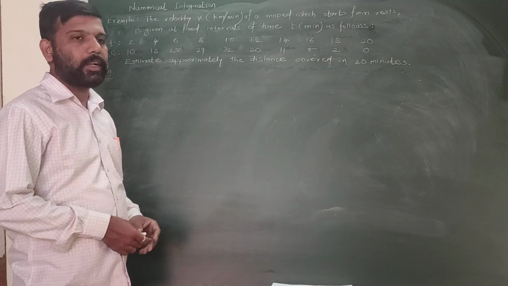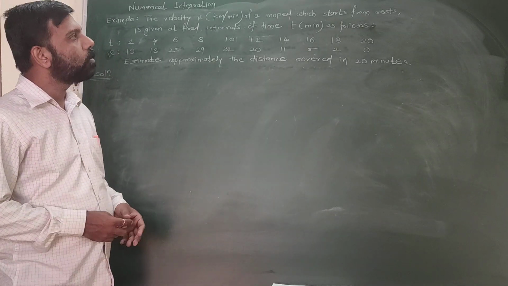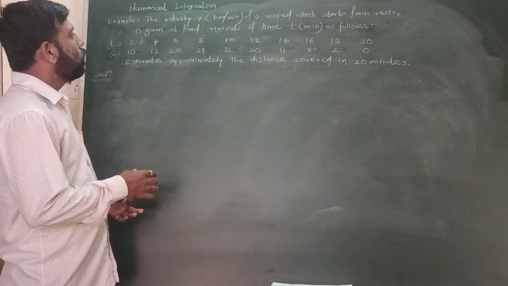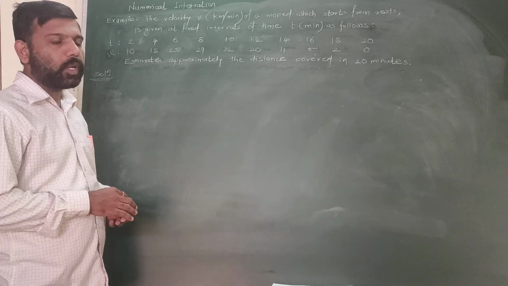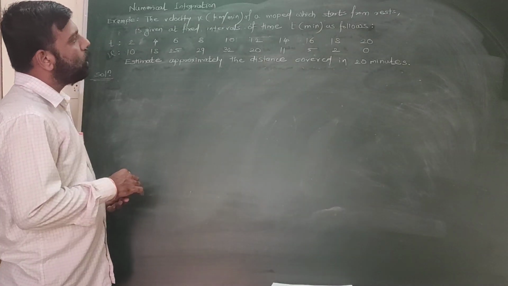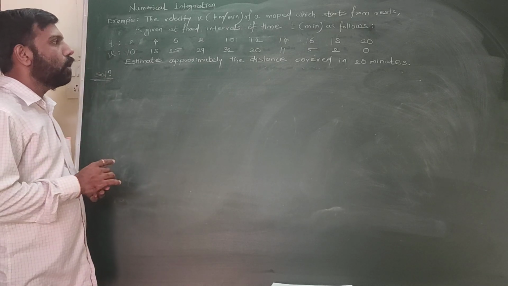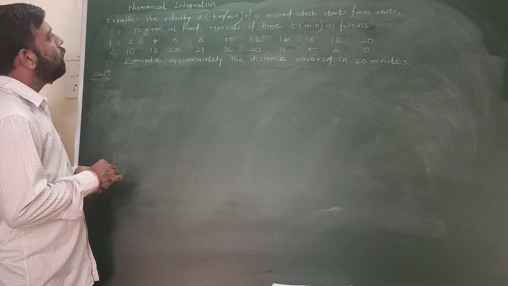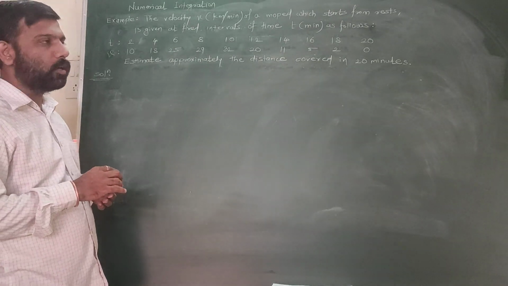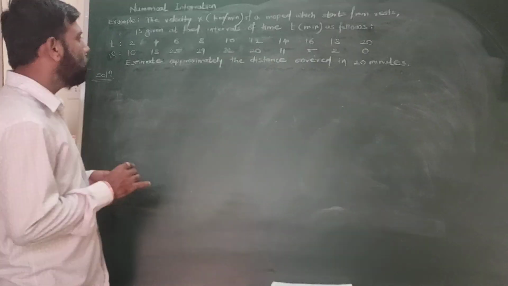Students, now here we take one example which is related to the applications of Simpson's one-third rule. To solve problems where the volume of a solid or velocity v is given, and time period t is given, and to find the distance covered in some time interval, we use Simpson's one-third rule.